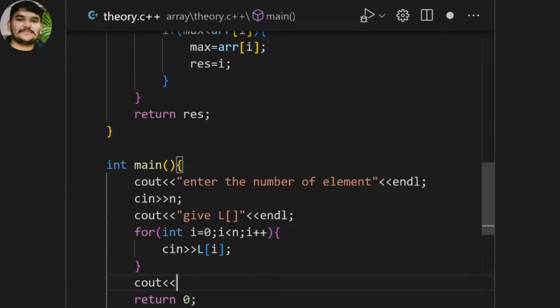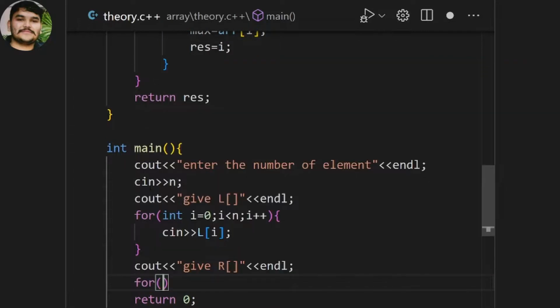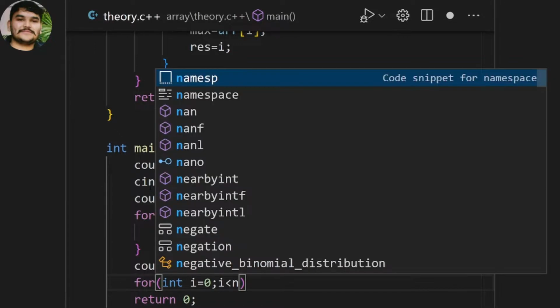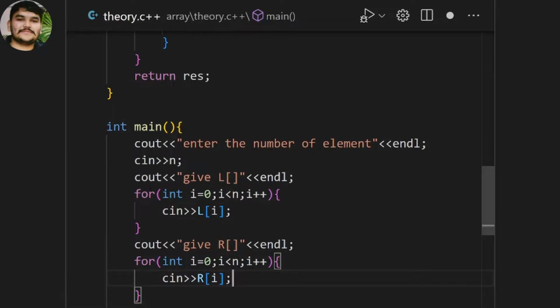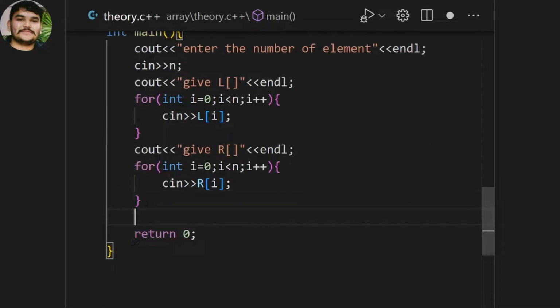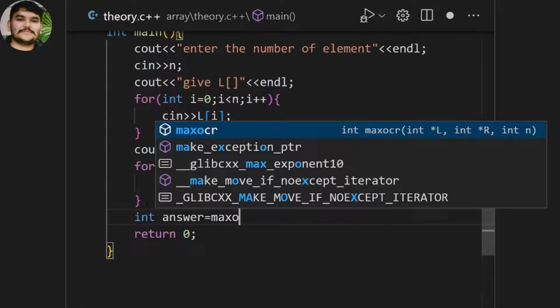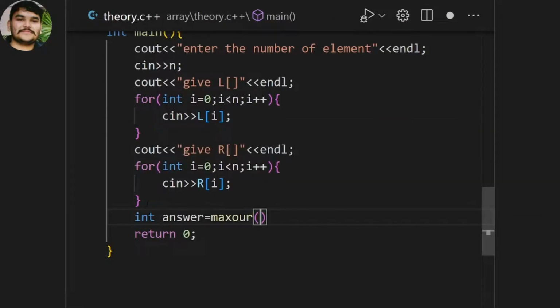Then I have to print, give R of i, the same way. So we are taking two arrays here, and after that we have to assign the answer variable max occur, passing L comma R comma N. Answer is